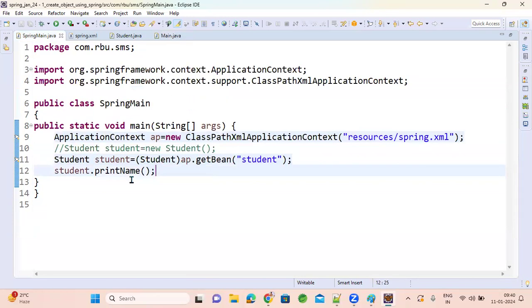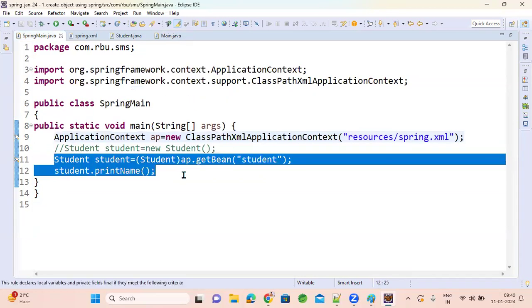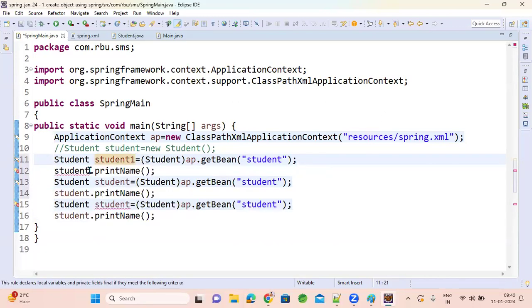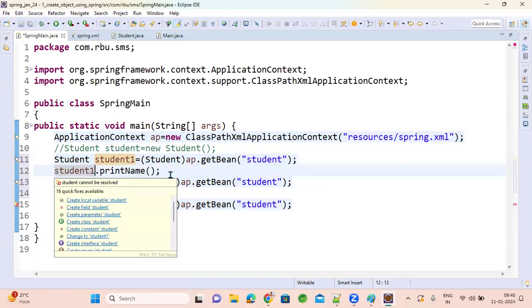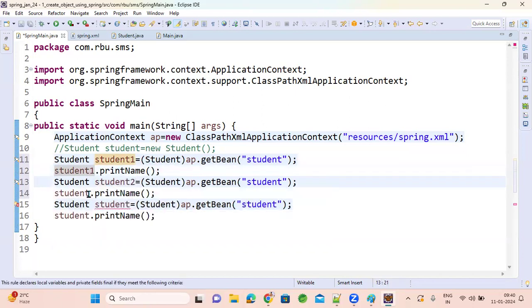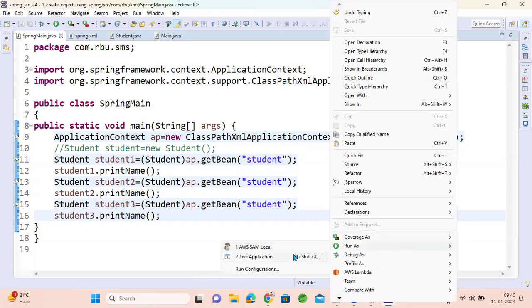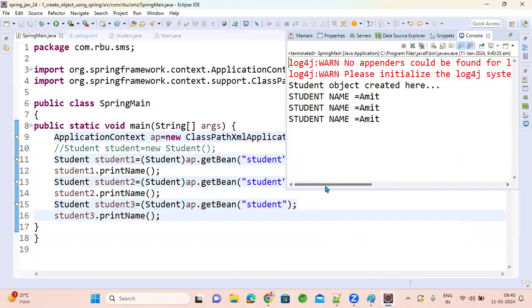But in Spring, from day one, it will make sure that it will not let you fall into bad practice. Though you call it 3 times, 10 times, or 100 times, Spring is not going to create that many objects. It knows that the developer need not tell everything. As one single object is sufficient, Spring will create one single object for you.